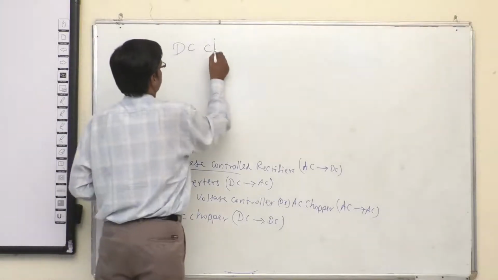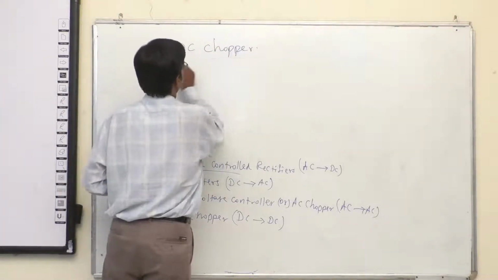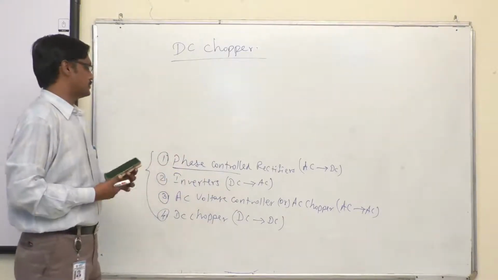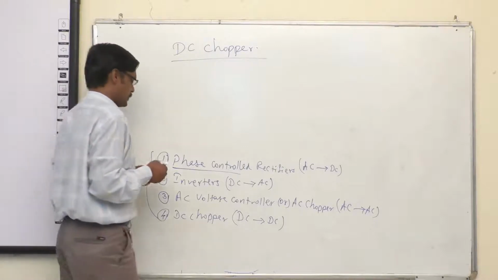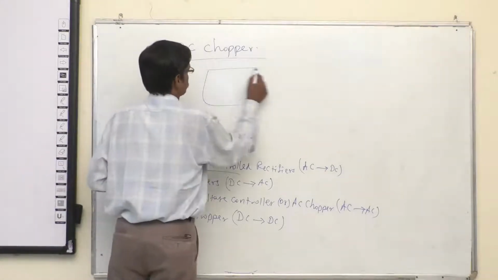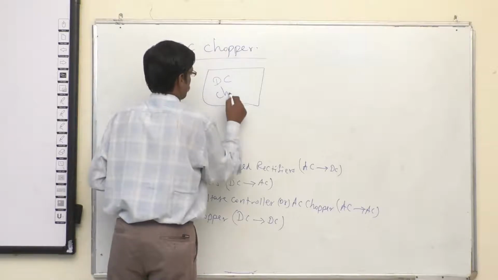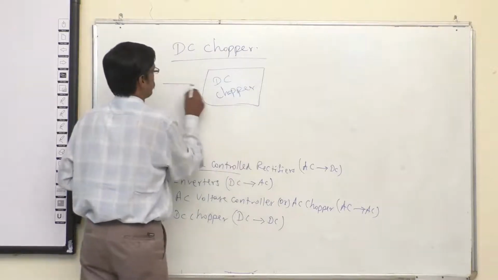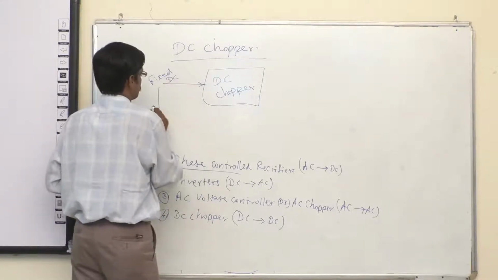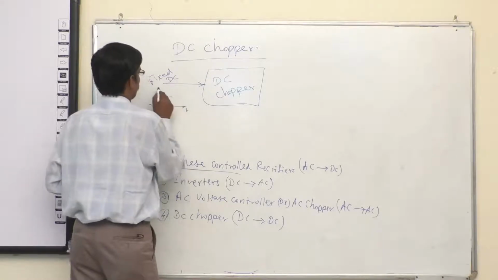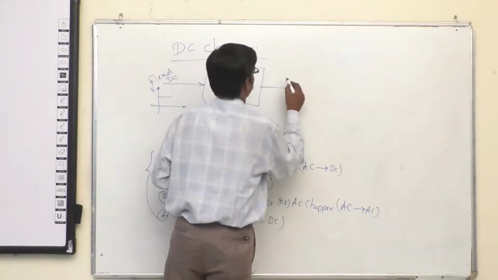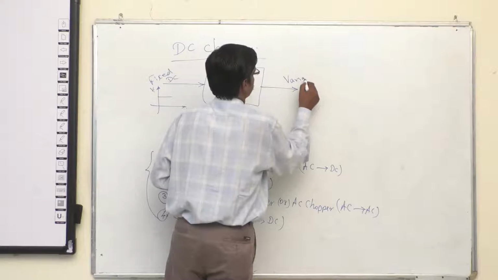Okay, let us discuss the DC chopper first. Nowadays, in modern industry, most machineries require variable DC sources. In that case, this DC chopper is very useful. So this is your DC chopper. The input is a fixed DC. Consider that this is your input waveform, and this is your output waveform, which is fixed or variable.